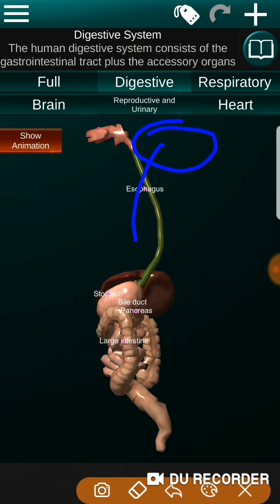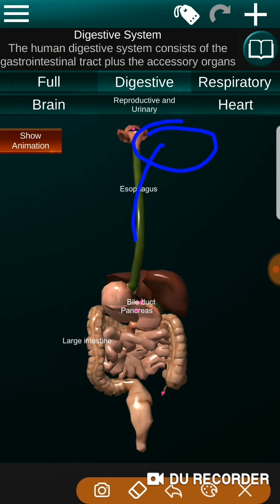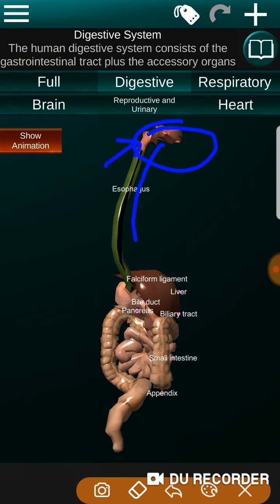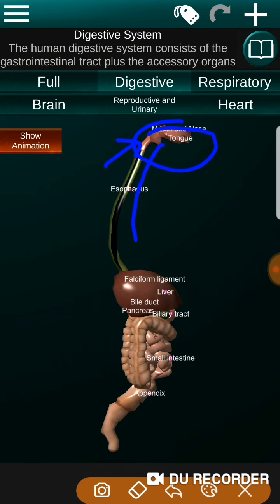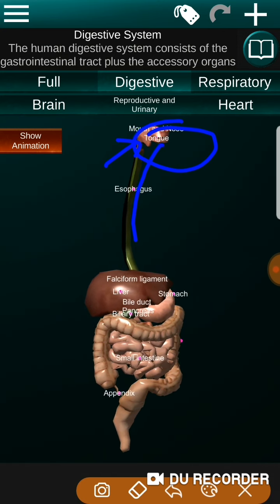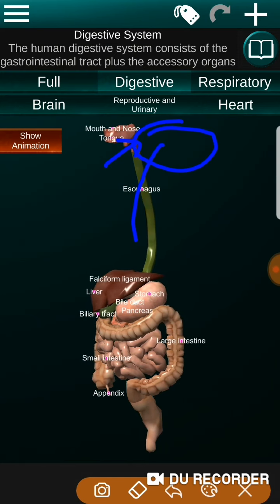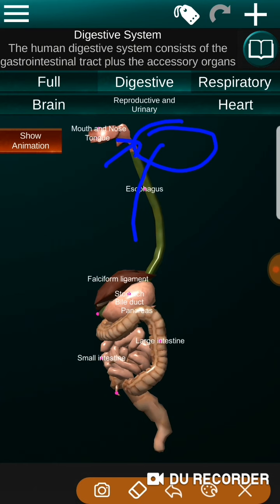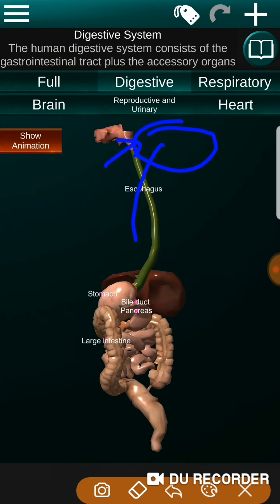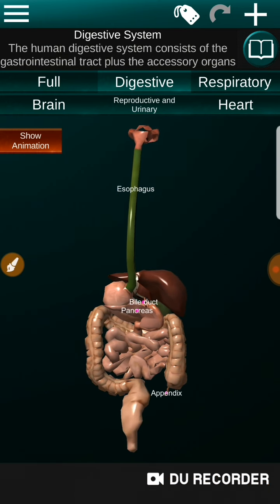The first process of digestion starts in your mouth, where the food is mixed with saliva. Saliva is secreted by the salivary glands. It has digestive juices that break down starch into sugar. As you know, starch is a complex carbohydrate and sugar is a simple carbohydrate, so it can be digested easily and quickly. Saliva also makes your food slimy. Once the food is swallowed, it passes from the mouth into a long tube called the esophagus.